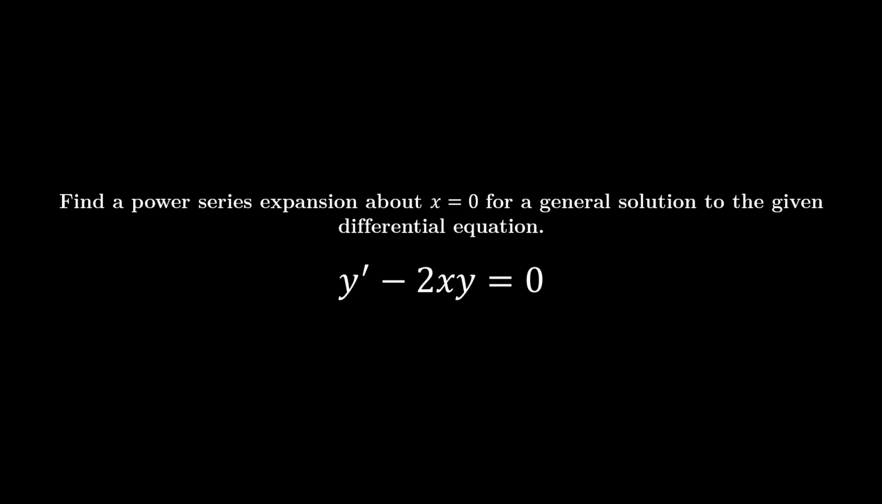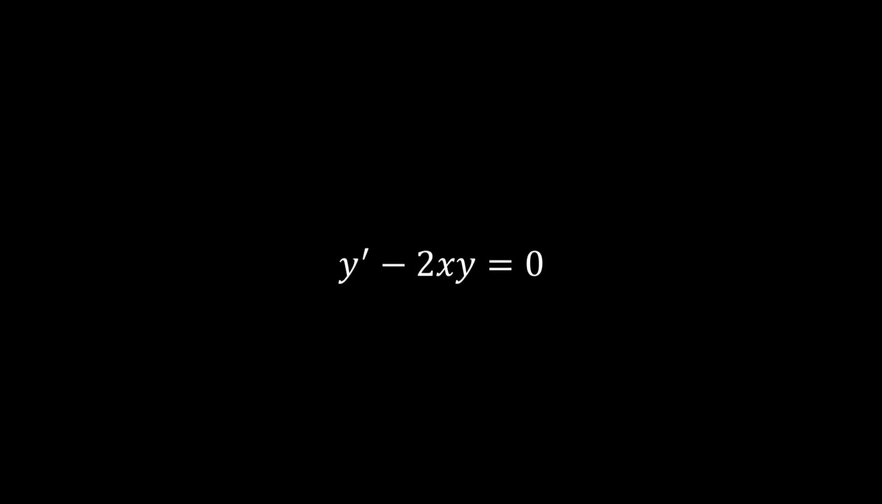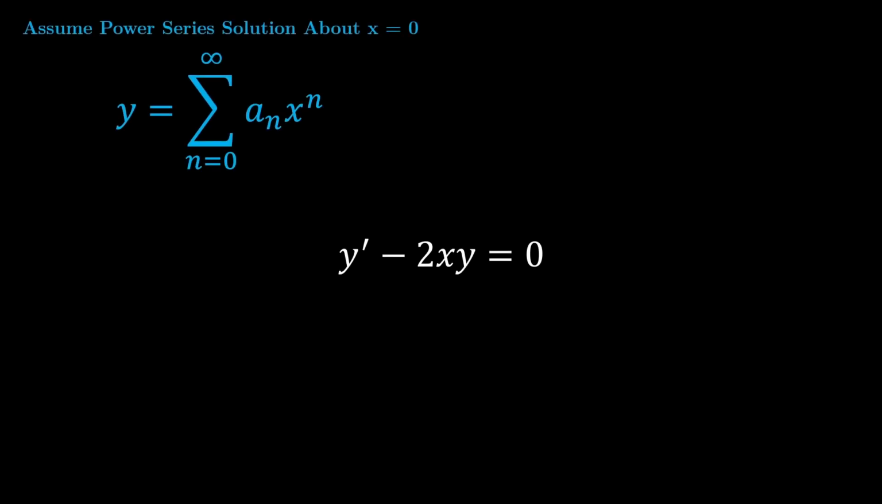Hello everyone, welcome. For this exercise, we are asked to find a power series expansion about x equals 0 for a general solution to the given differential equation y prime minus 2xy is equal to 0. When we're presented with this type of problem, the first step is to assume a solution in the form of a power series. We assume that the solution y is an infinite sum of terms starting from n equals 0,